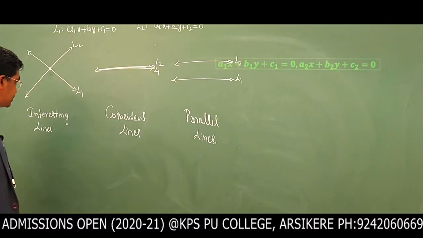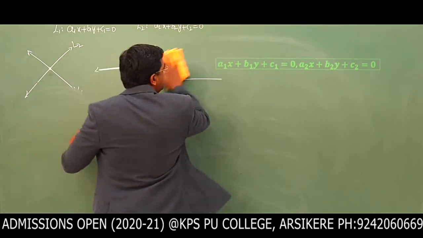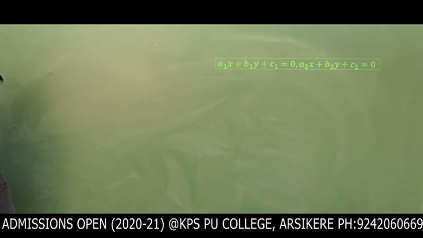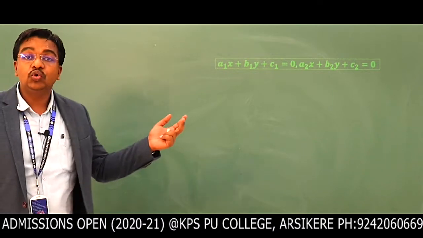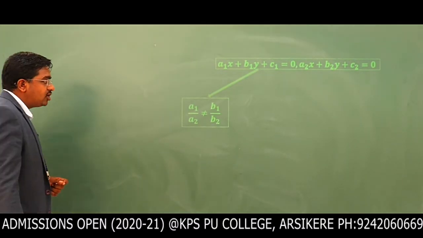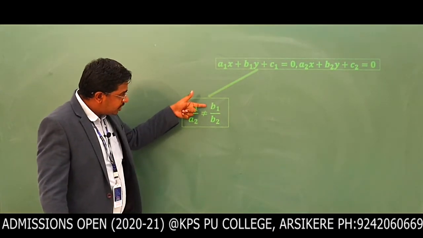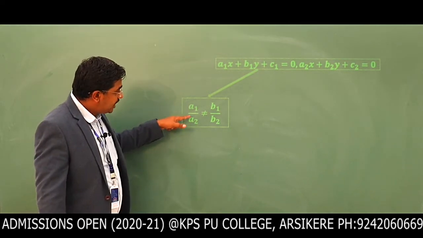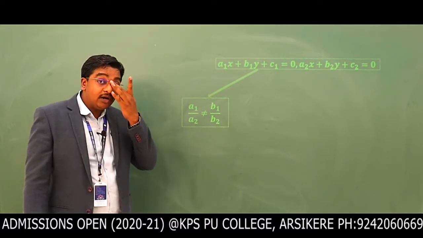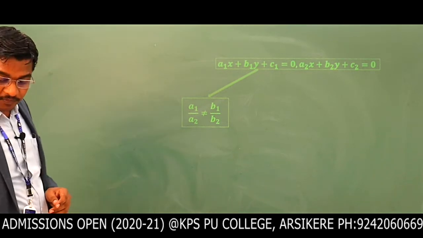Okay, so here we have the general equations: a1x plus b1y plus c1 is equal to 0 and a2x plus b2y plus c2 is equal to 0. These are the two given pair of linear equations. First one, when a1 by a2 is not equal to b1 by b2. So a1, a2 are the coefficients of x in the first and second equations. Similarly b1 and b2 are the coefficients of y in the first and second equations. So when they are not equal, so obviously